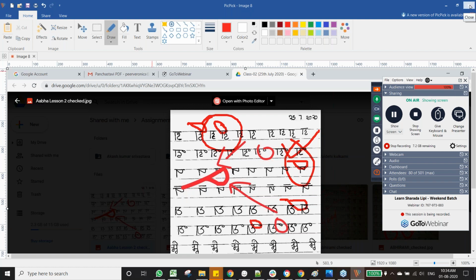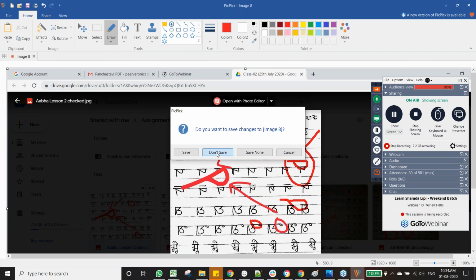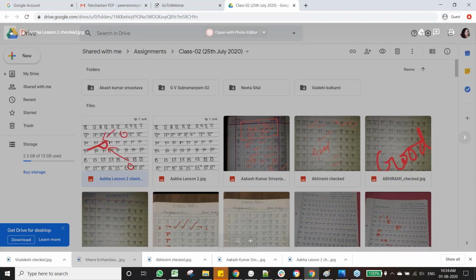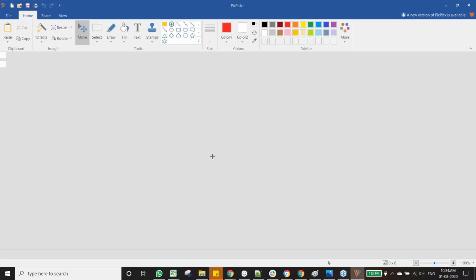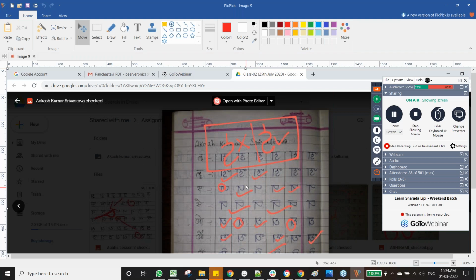I will take another assignment. Here, see this loop. When we draw this loop, we have told this before also. When we draw this loop of re, this shape is wrong. Something like this. A lot of people have drawn something like this, so this is the wrong shape. This is how the loop should look like. This shape. This is the correct one.